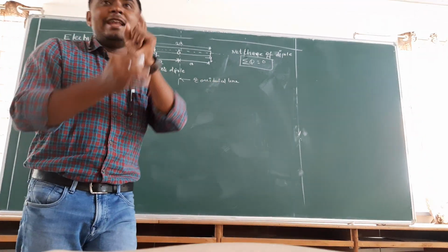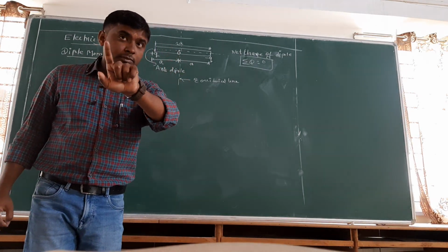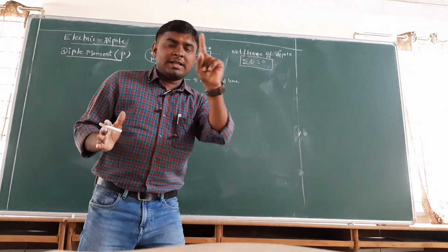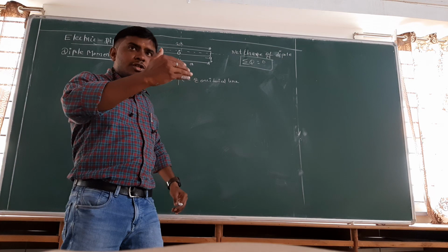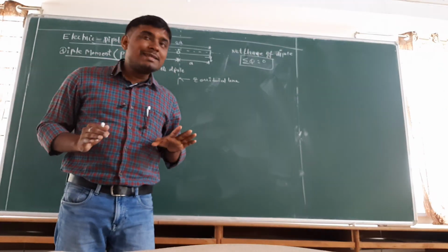किस डायरेक्शन में इलेक्ट्रिक फील्ड जाता है? तो इलेक्ट्रिक फील्ड is always goes from पॉजिटिव टू नेगेटिव. मतलब for positive charge field lines always go away. ध्यान देंगे, right now field lines I have not discussed.